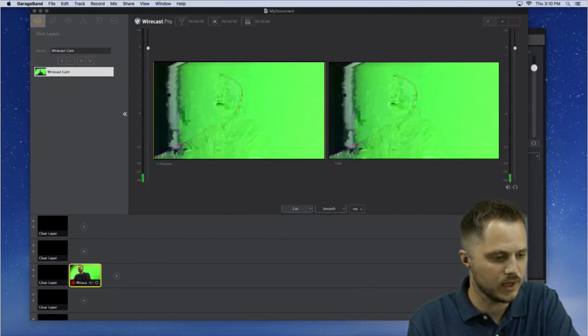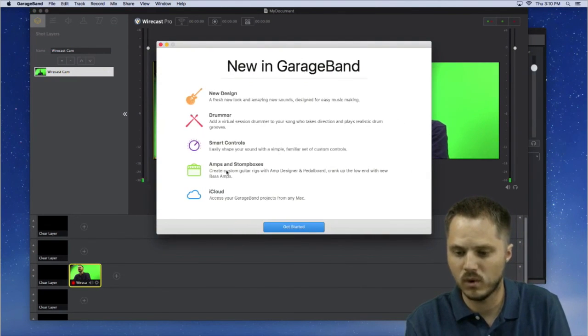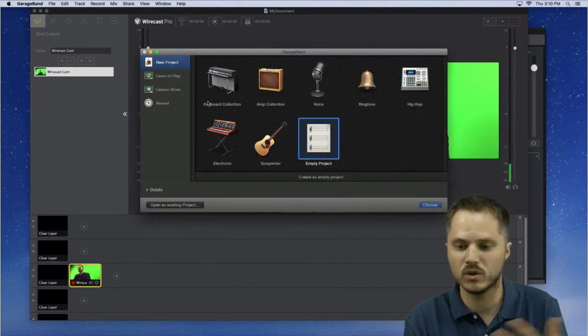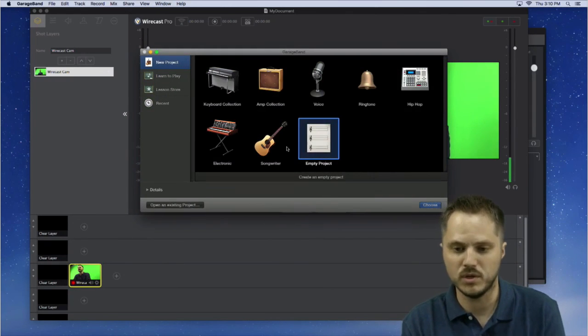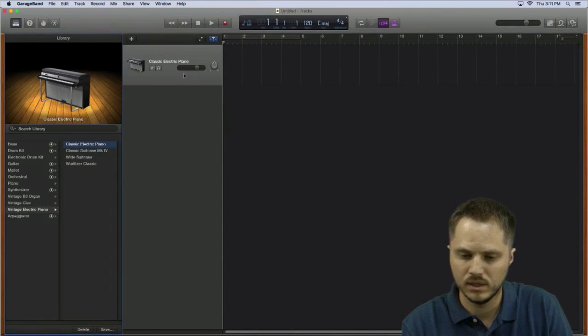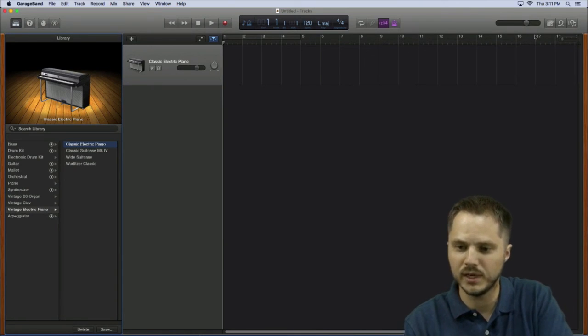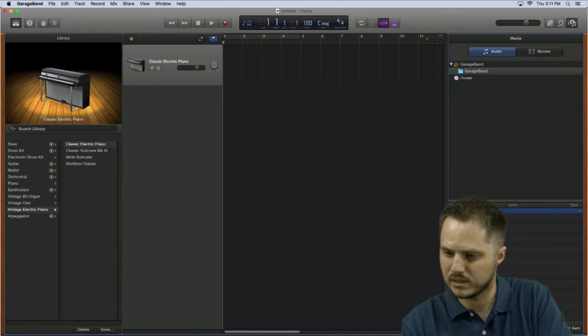I'm going to pull up GarageBand. And let's say I'm a musician and I want to give people a tour of how to record audio or how to create a brand new project. Use GarageBand to create music. And if we add this, I'm going to hit create. If we have some sort of loop or something that we want to bring in, like we have a media library or something like that, there are, I believe, some built-in tracks here.